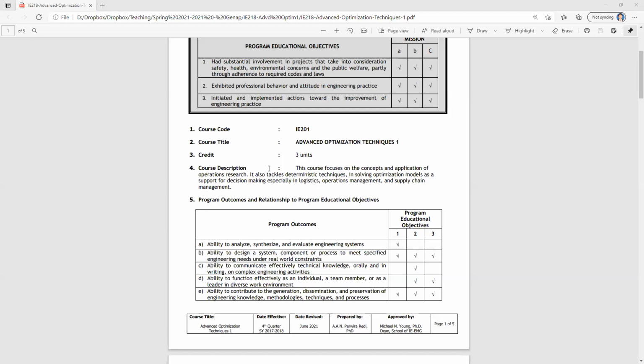Okay. So the title of this course is Advanced Optimization Techniques. It covers how we implement several techniques and tools to solve optimization problems. The emphasis of this course is that the optimization problems we are going to solve are mostly basic